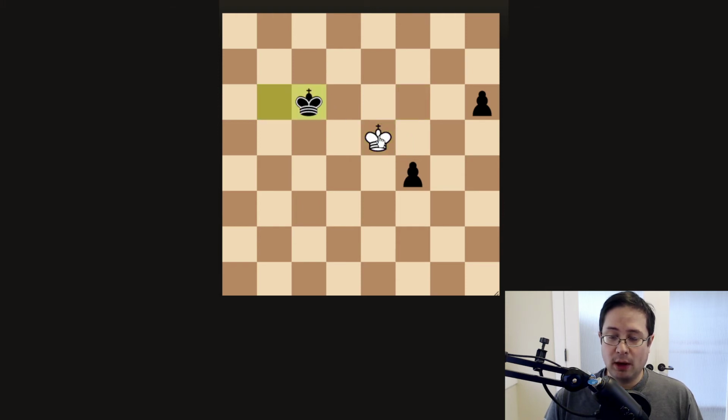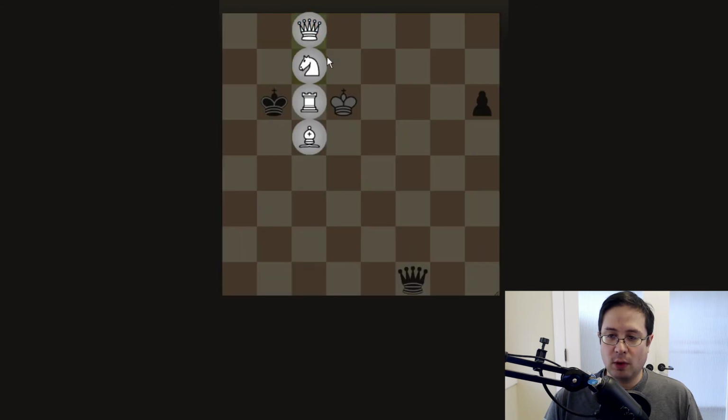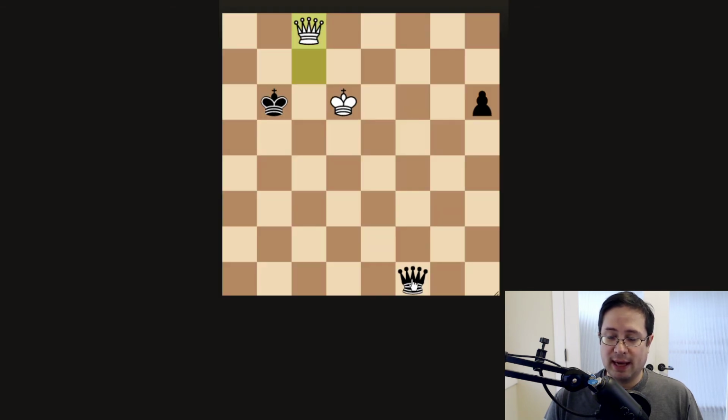If black takes, well, white can now grab these two remaining pawns and get the draw. If black goes to queen instead, well, now white can move towards his pawn and help promote his pawn to queen. So black will queen first, but white will also be able to queen. And then a queen versus queen on this rook pawn is a draw. So even though black queens, white will queen first, and black can't actually make progress here if white plays properly,